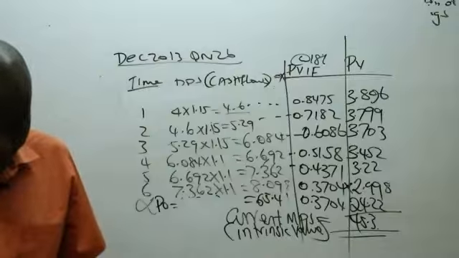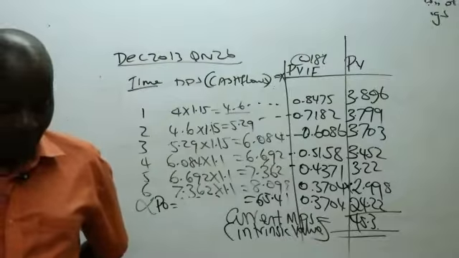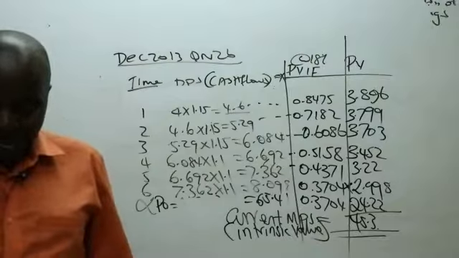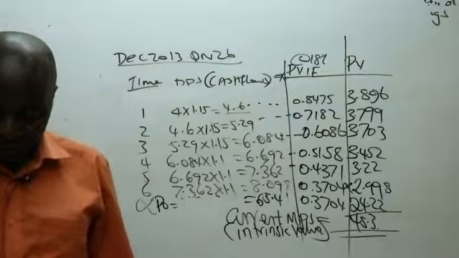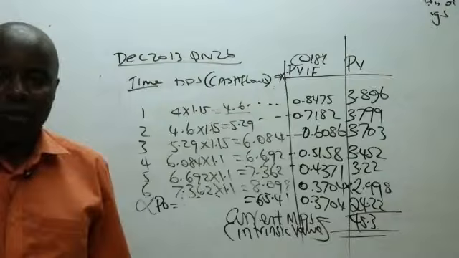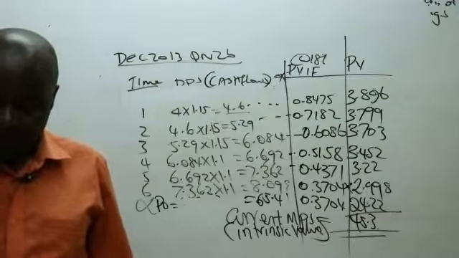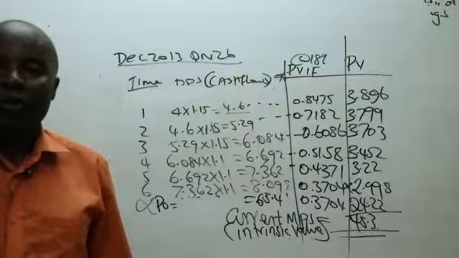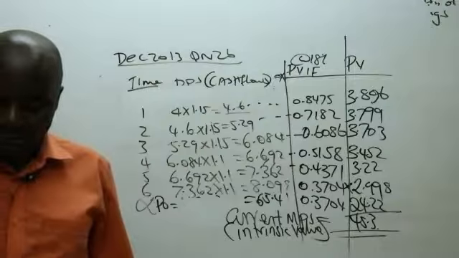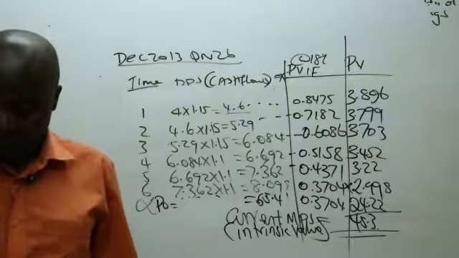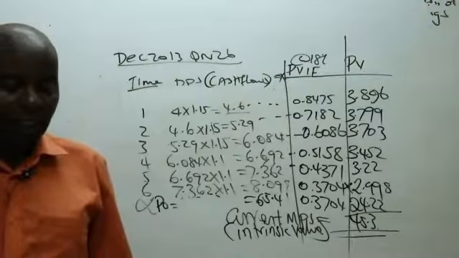So there's an element of some rights issue there. Richie Limited intends to raise shillings 50 million to finance a new project through a rights issue. The project has a 10-year economic life with zero scrap value. The project is expected to generate annual cash inflows of shillings 14 million, and that is an annuity.